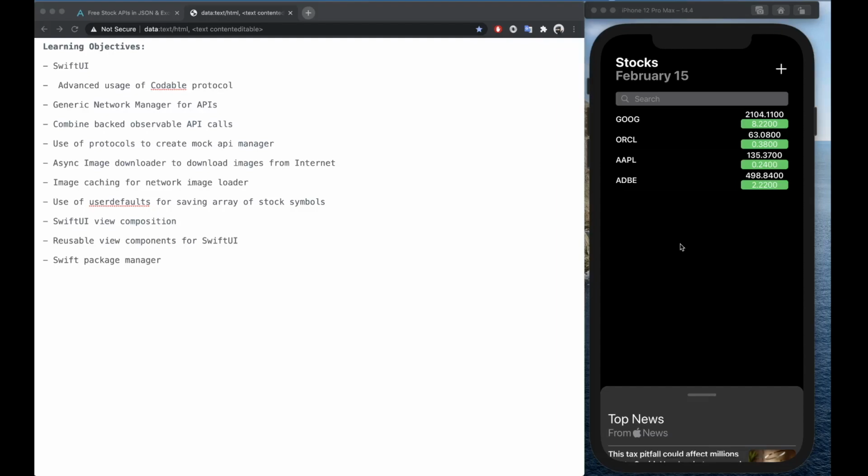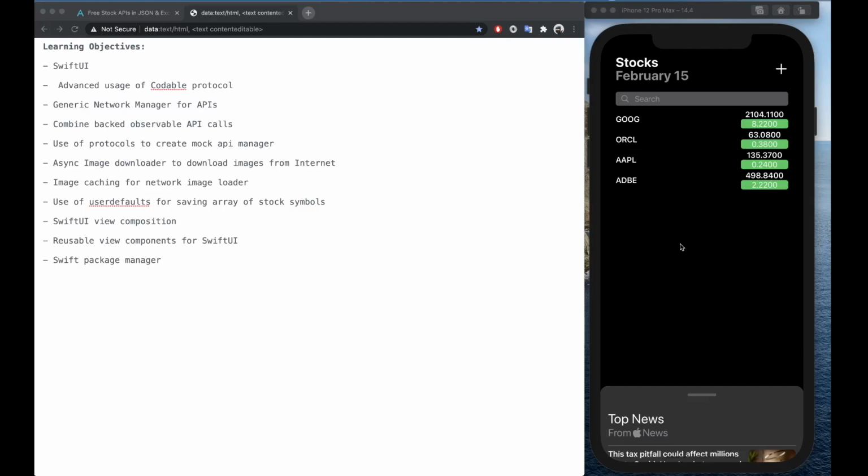This is also going to help you in unit tests. If you write unit tests for this, you're going to learn how you can create your unit tests around these mock API calls instead of using network-based API calls.